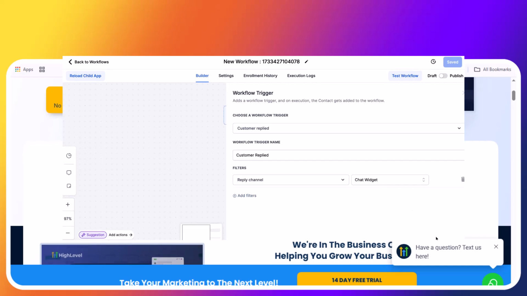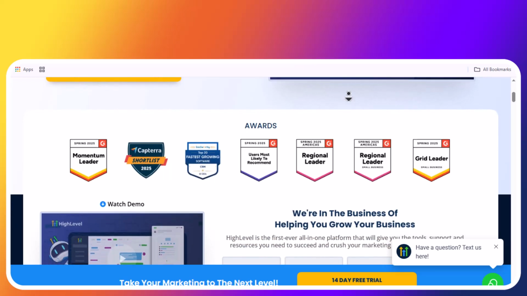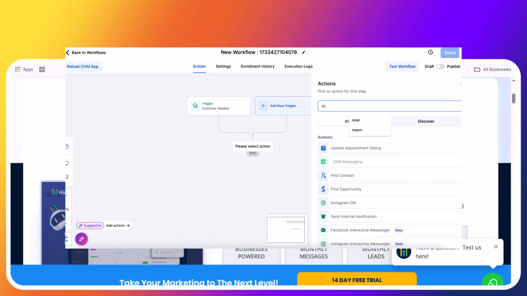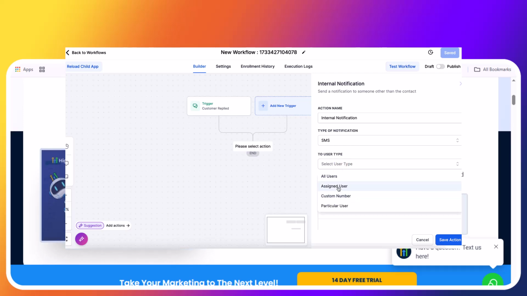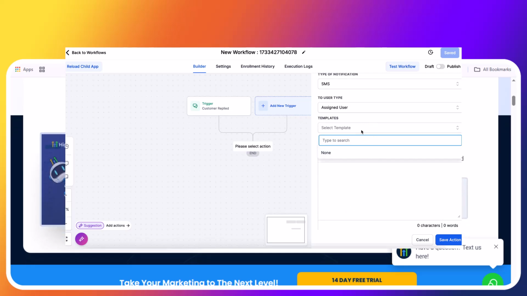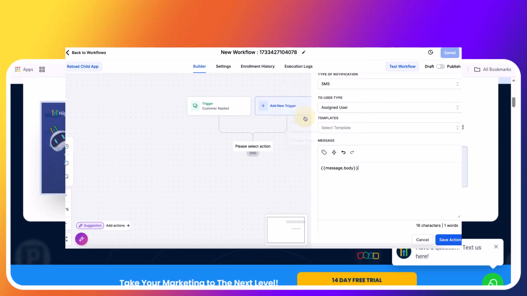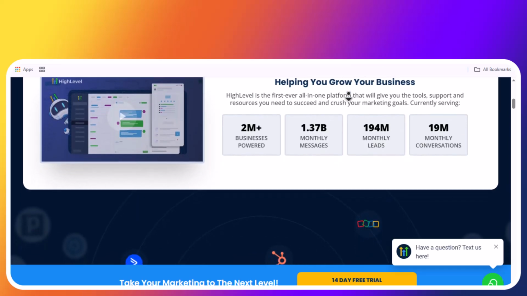Build a simple chatbot flow that asks questions like name, email, and phone number, keeping it short so people actually respond. Set up automated replies with AI or pre-built scripts so the chatbot feels natural and instantly collects the info you need. Every lead gets pushed straight into your GoHighLevel CRM, where you can trigger automations, follow-ups, or even book